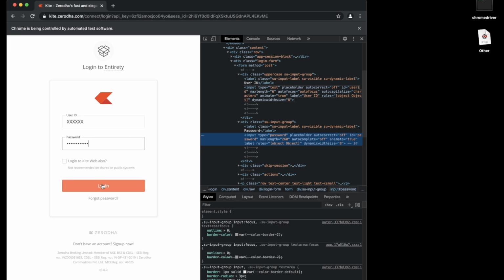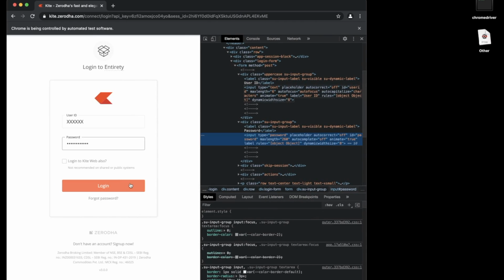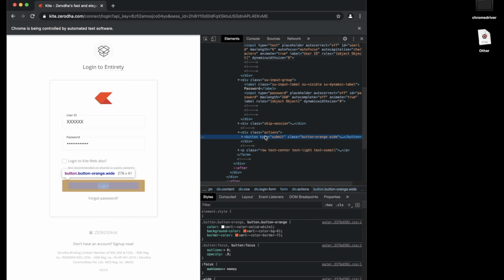Now our next job is to click on this login button. First of all we'll locate this. The type is button, so the tag name is button and the attribute is type.